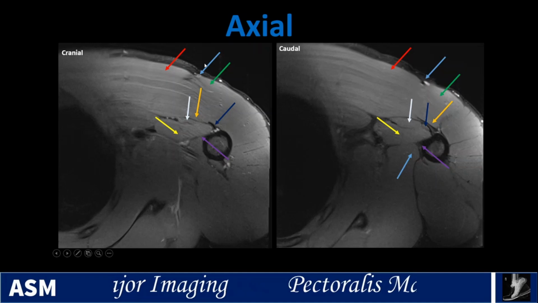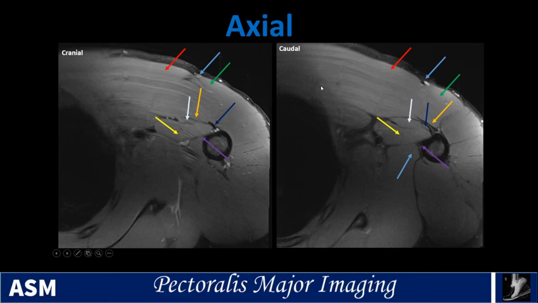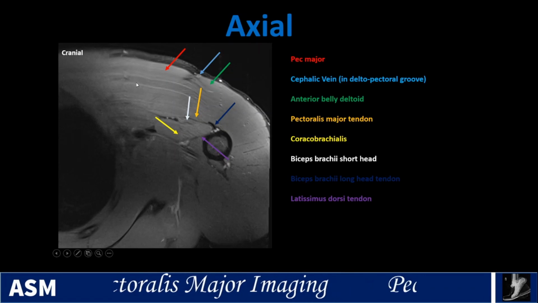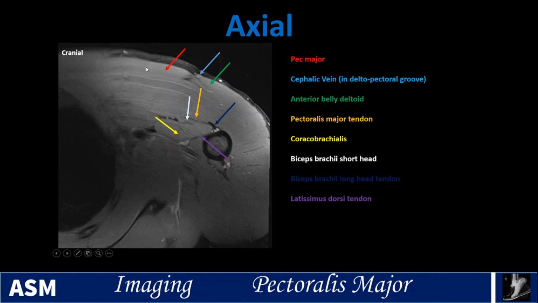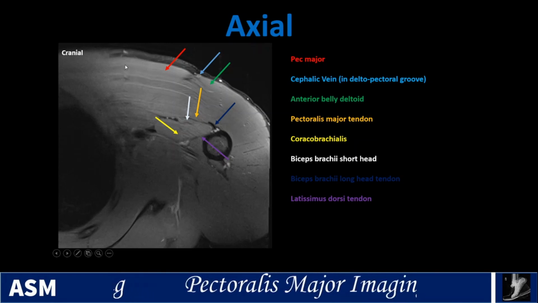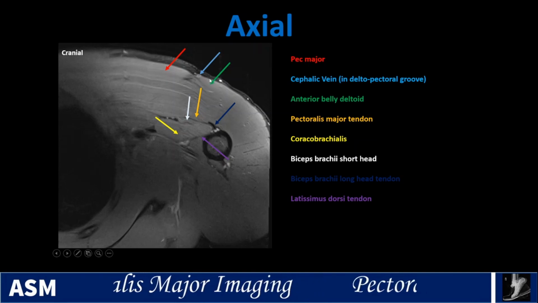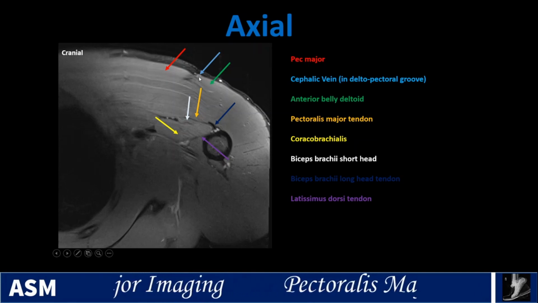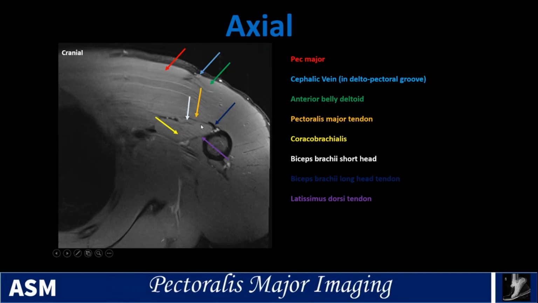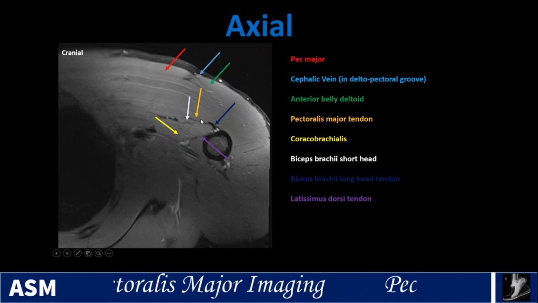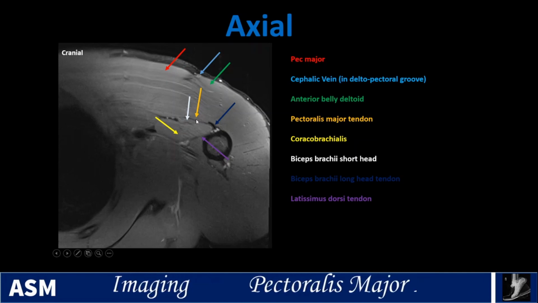So a lot of arrows here. This is the cranial slice, the caudal slice, but let's break these down and explain what we're looking at here. So we'll start with the cranial portion. We have the pectoralis muscle here in red, and so this is anterior and cranial, so this is going to be portions of the clavicular head. We have the anterior belly of the deltoid, and I know that because I can see the cephalic vein in the deltopectoral groove. We see the beginning of the top of the pectoralis major tendon here, and then underneath that